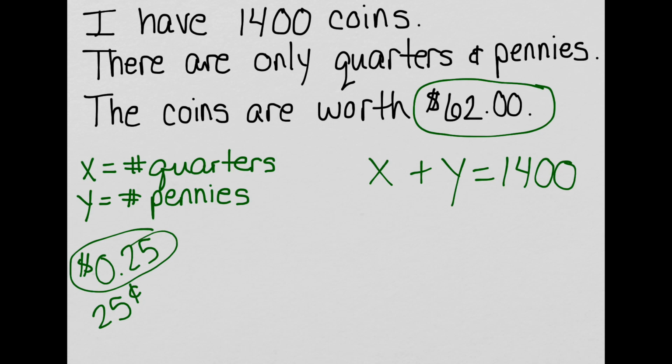But if you wanted to, you could totally change that into 6,200 cents and then just write everything without a decimal. That'd be totally fine. Well, I'm going to do it as dollars. And so I have X amount of quarters, but each one is worth 25 cents, written like a dollar, looks like that with a decimal. So if I multiply 0.25 times how many quarters I have,